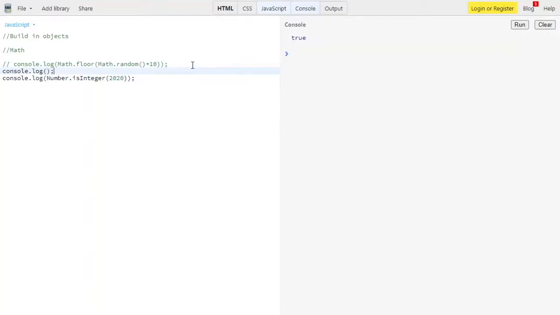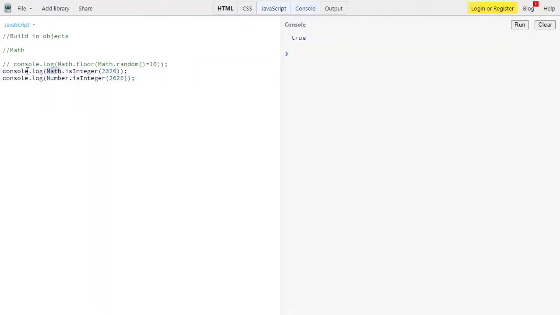And then you can choose Math.isInteger 2020. Earlier, before the release of ES6, it was present inside the Math family, but now it's present inside the Number family.